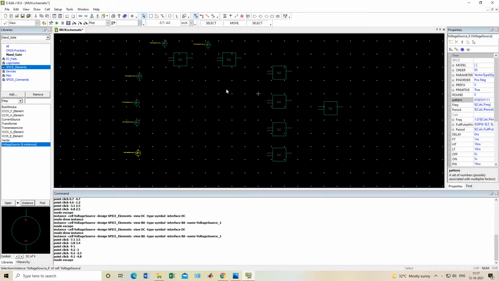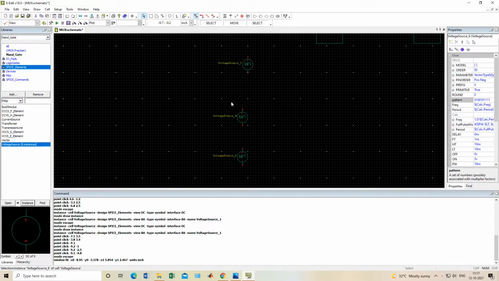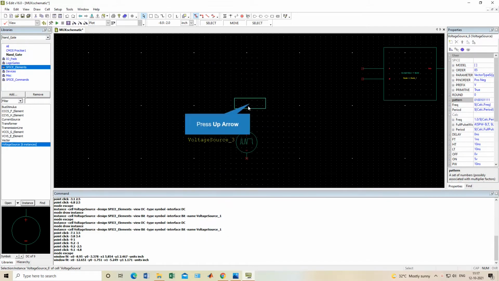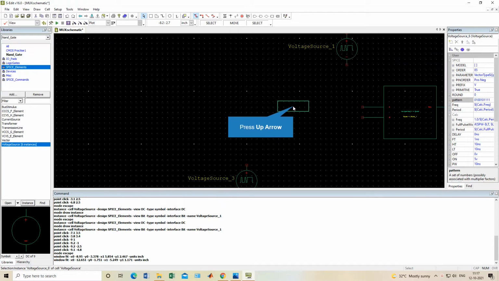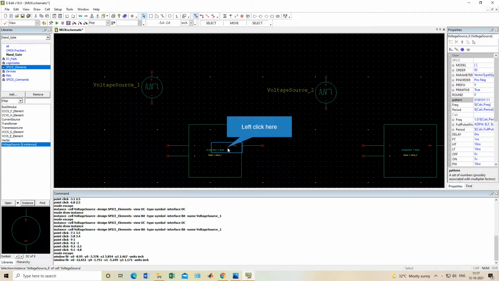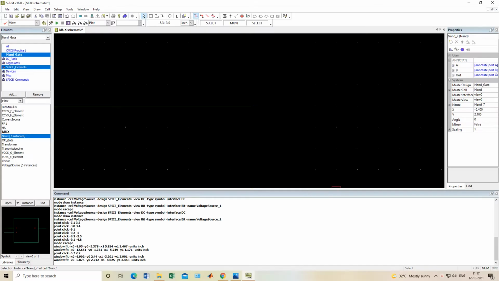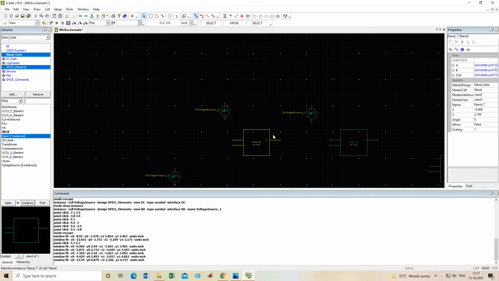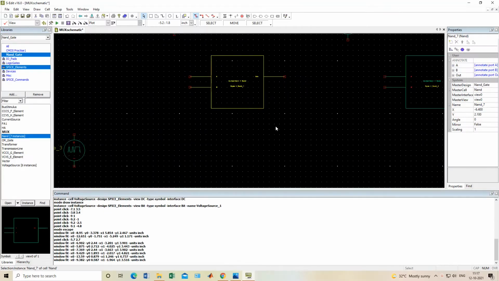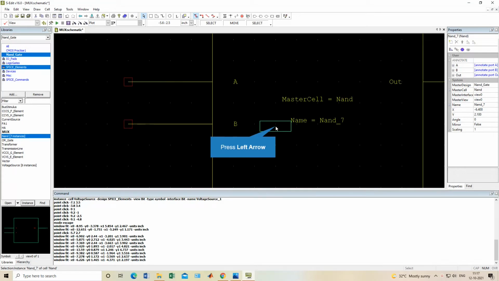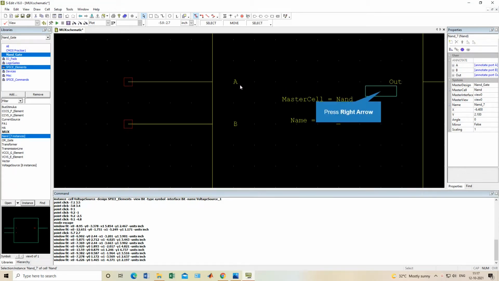Okay, so this is our voltage source. You can see here, these are our voltage sources, and this is our NAND gate circuit where A and B input is this.